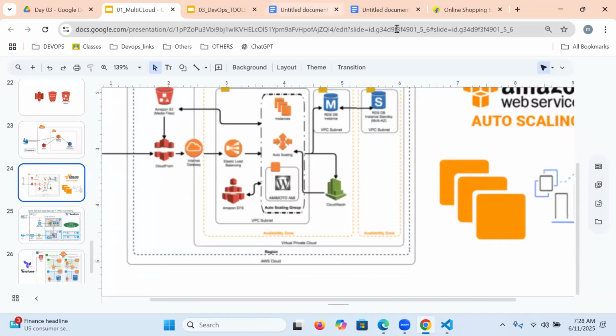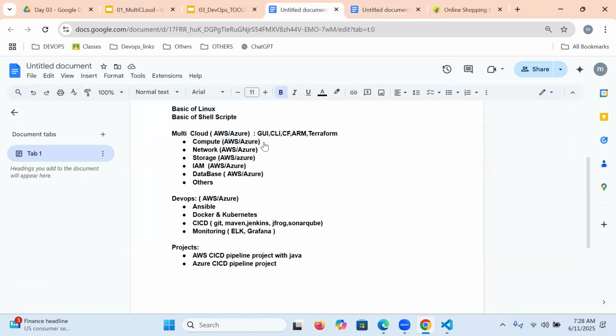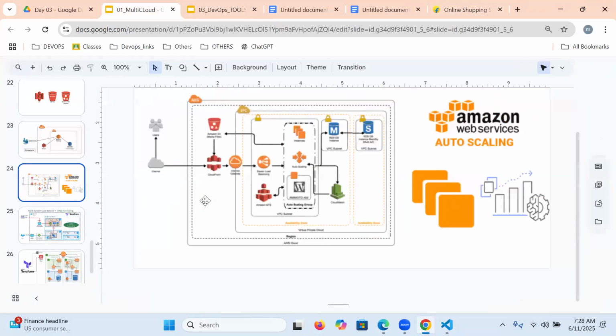So in the EC2 computing module, it will take a minimum of 2 weeks. By the end, after understanding everything, we'll implement the auto scaling process either in AWS or in Azure. We can't implement it directly. We have to understand each and every service like CloudWatch, SNS, load balancing, EFS. These are all the things.